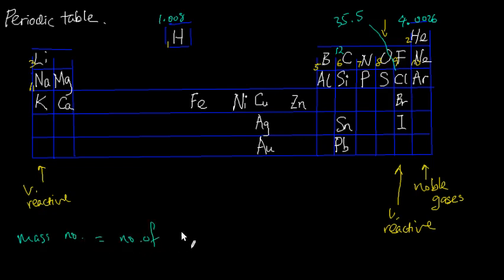Number of protons plus neutrons. Okay, but so what does it mean if I have 35.5? Does it mean that I have half a neutron? Well, actually what happens is that with chlorine,